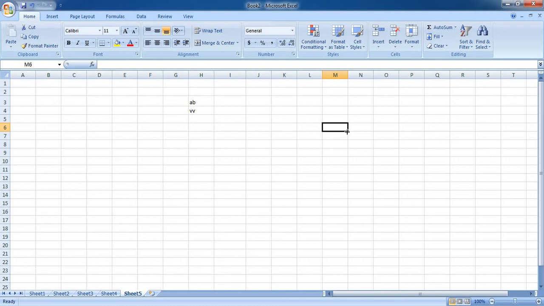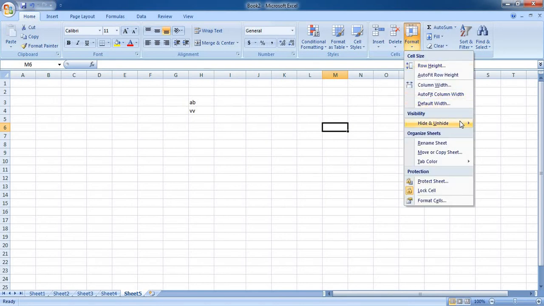So in case you don't want to delete any content, but you want to hide contents from your viewers or from your users, you can use this option called hide columns or hide rows. And also you can hide the entire worksheet. Select the worksheet.